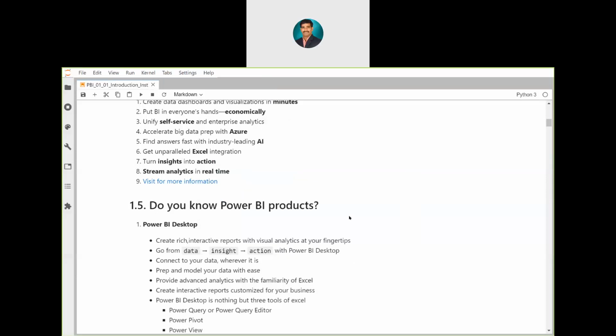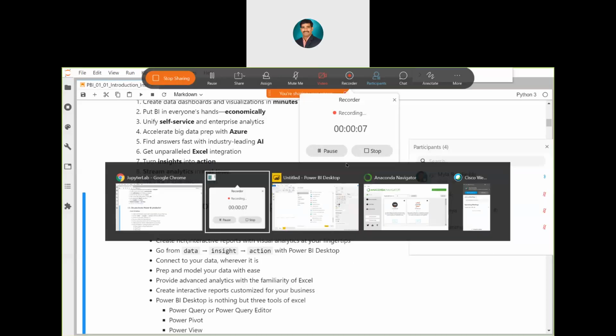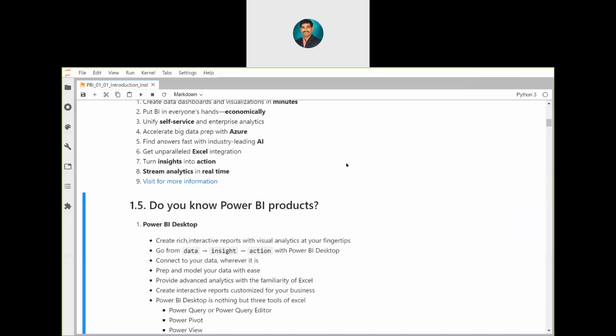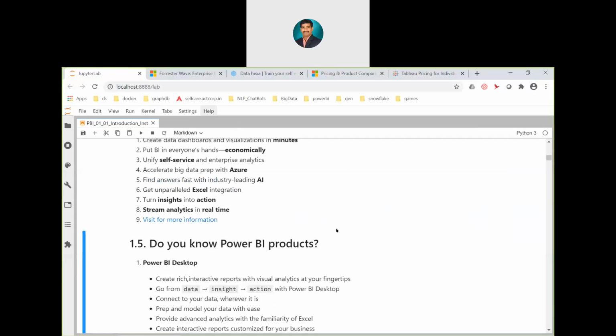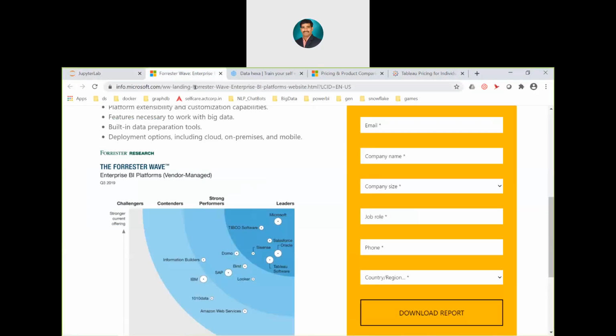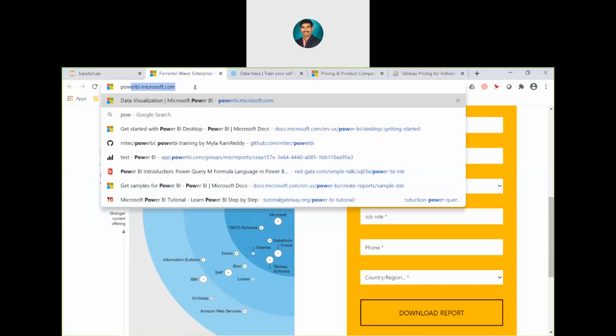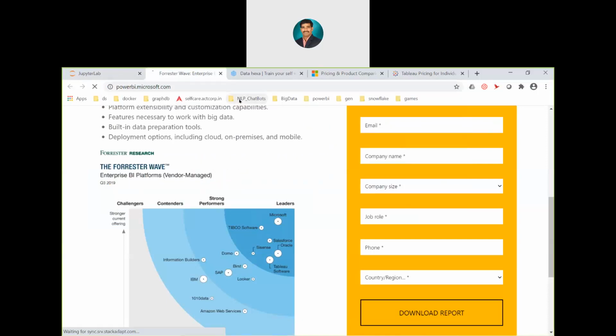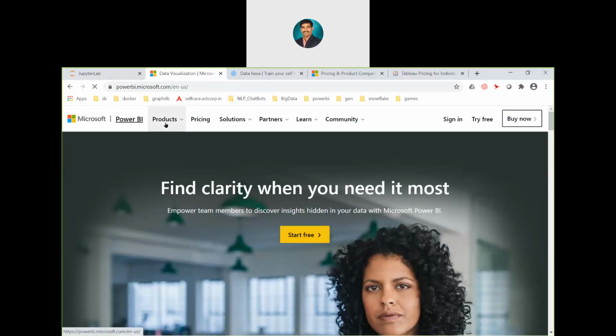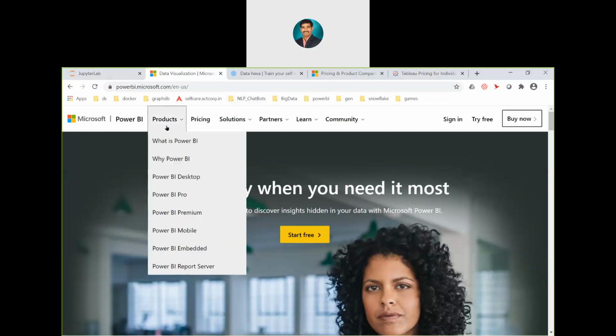Now we need to learn about what are the Power BI products we have. If you go to the official website, what we have for Power BI, let us go and try to look into the Power BI website. This is the Power BI official website. And if you go and try to observe the products, in these products, we learn now what is Power BI,